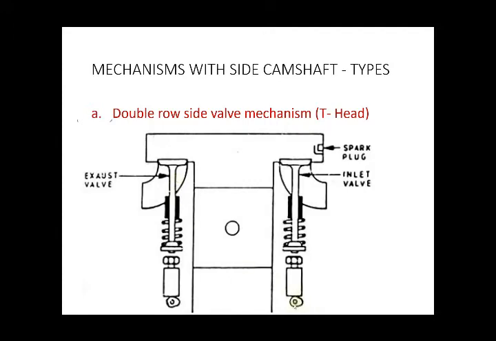and the cams are directly in contact with the follower, and the follower again comes into contact with the tip of the valve, and it will push the valve open. Again, after the cam lobe passes over, due to the spring pressure, the valve will come down and automatically close. So that is how it works. For two valves, that is inlet valve and exhaust valve, we have separate mechanisms for opening and closing, and it is called a T-head engine.